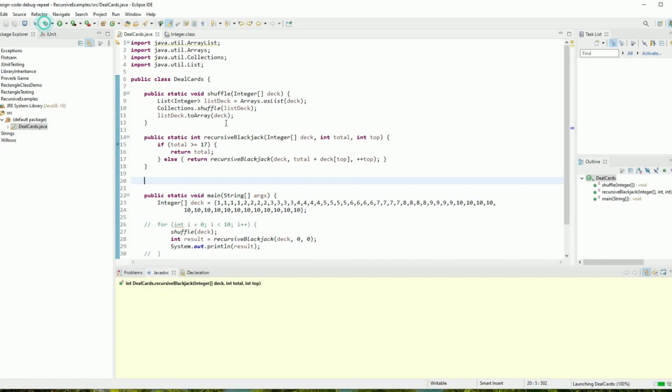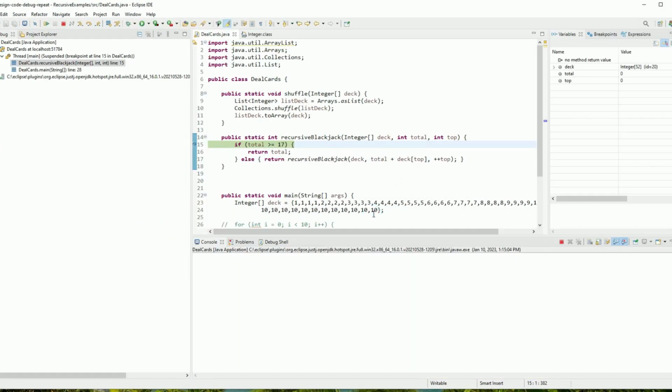And we press the debug icon and agree to switch to the debug perspective, and we're in the method. Notice that total and top are both 0. On the left, we can see the stack with the main method and then recursive blackjack. Now, the base case condition is false, so we go to the recursive case,